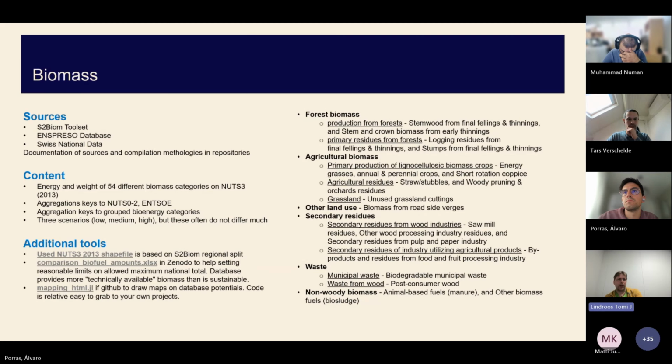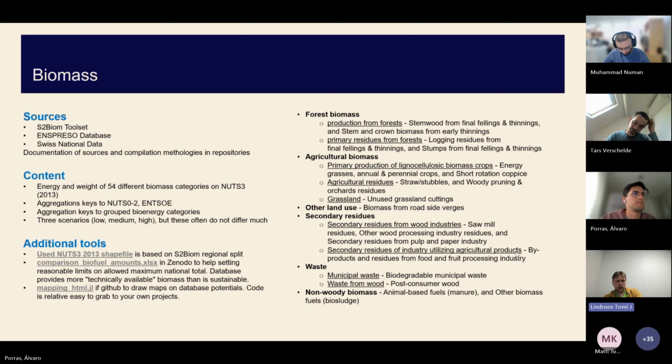And to better understand what is inside, we provide some Julia mapping tools, so you can draw your own maps. And we provide an Excel that compares these resource estimates to actually used amounts, because the database has a technical availability, but that is far more than what we, according to current knowledge, can use sustainably, or what, for example, the EU land use change regulations allow us to use.